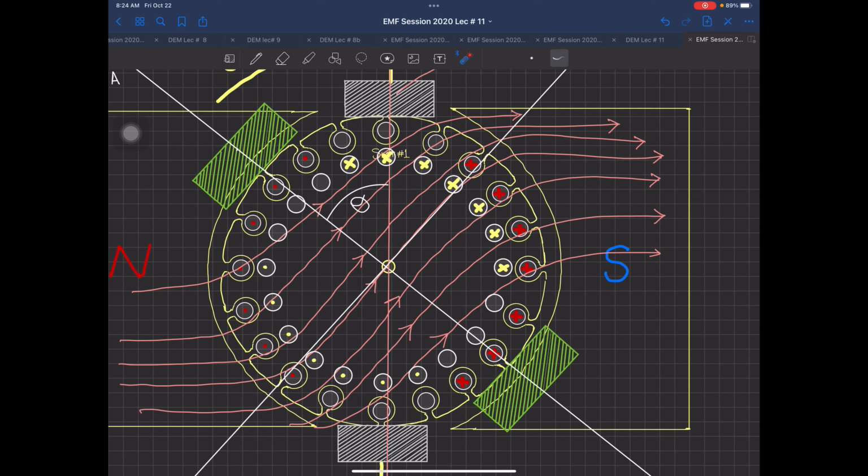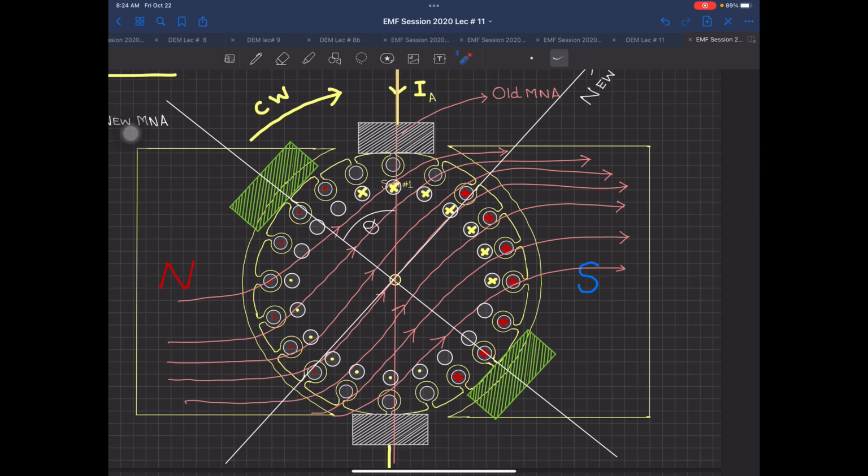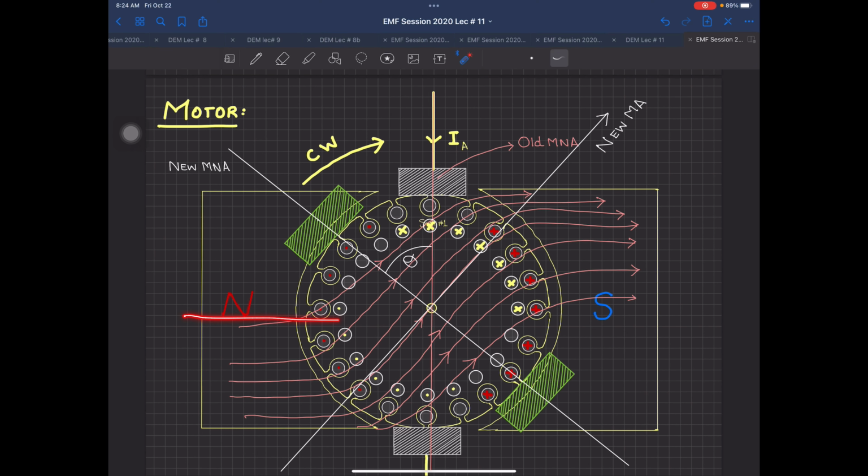Why this is happening? Because your magnetic field line, we wanted this to flow as phi f, but now this is flowing like this. This is phi f new over here. And this is also telling you that previously magnetic axis was like this. Magnetic axis has now shifted to this one. So this is called as new magnetic axis. Now because of this new magnetic axis, the magnetic neutral axis has also shifted. Previously, these three conductors were the magnetic neutral axis or MNA. Now these three conductors are the new MNA over there, because at that time these three are having neutral.